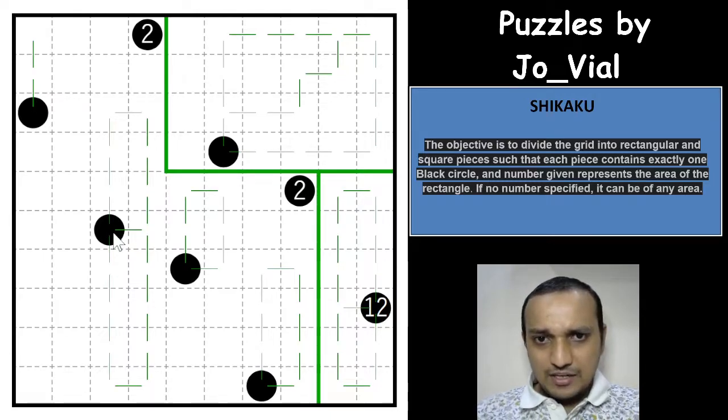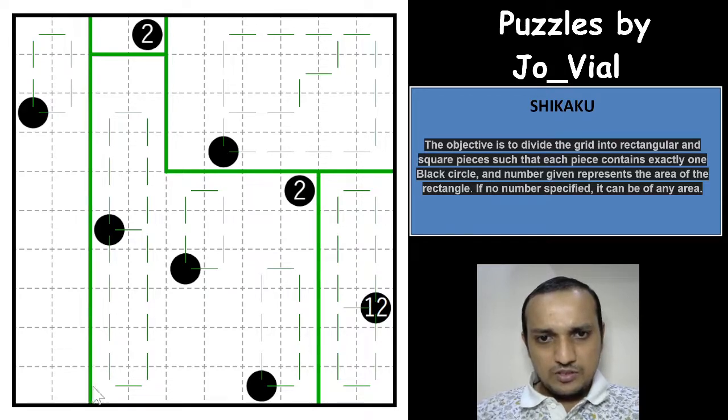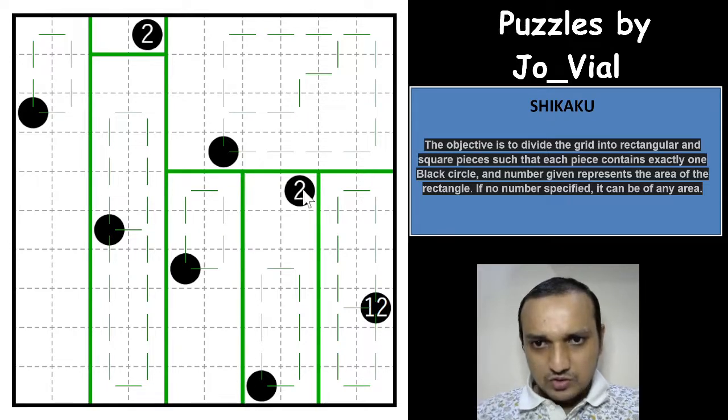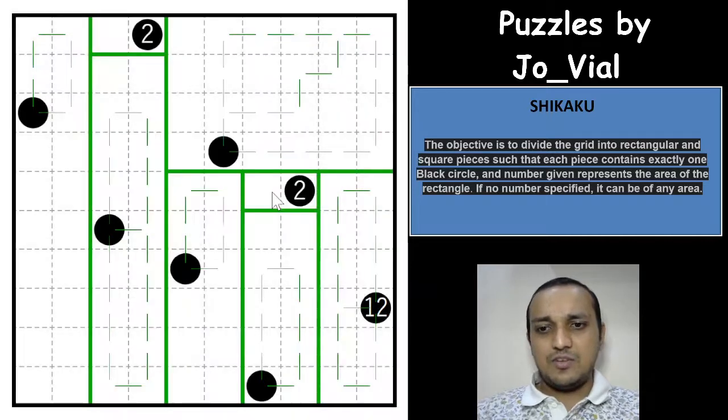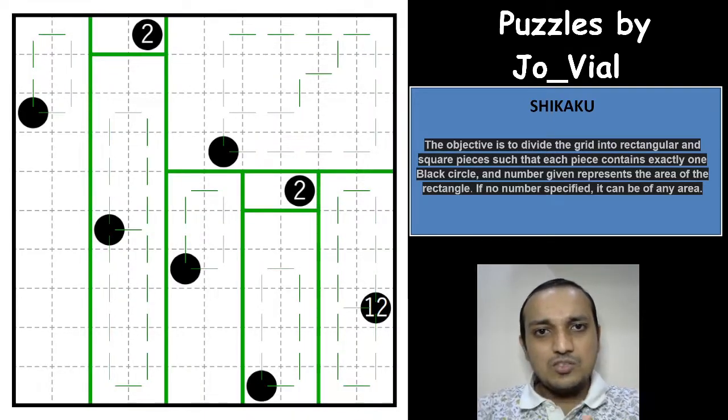Now this area can be taken by this cell, can be taken by this circle, so again it will have to come up, and which means we got the way the two will work. Okay, so this cell can only be taken by this circle, so which means now it will be this way. That's nice. This will come down this way, this will come down this way, and 2 will have to go only this way, and that way we solve this puzzle. What an excellent puzzle this was. Quite a different thinking, not usual Shikaku thinking, I would say, but a really good one.